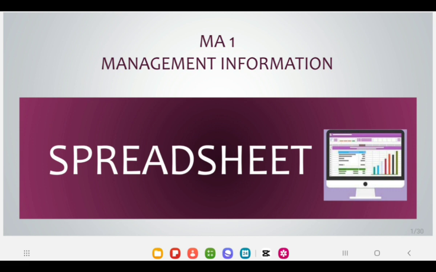This is Aatif Khalil and आज हम बात करेंगे about spreadsheet, a very important topic from the syllabus of MA1 ACCA. तकरीबन हर स्टूडेंट के 10 to 20 मार्क्स के क्वेश्चंस जो है वो आपके CB एग्ज़ाम में पूछे जाते हैं इस टॉपिक से. So I have divided this into different